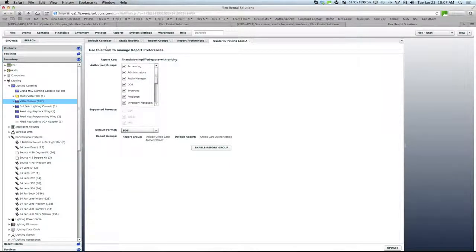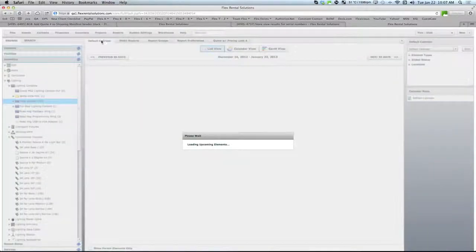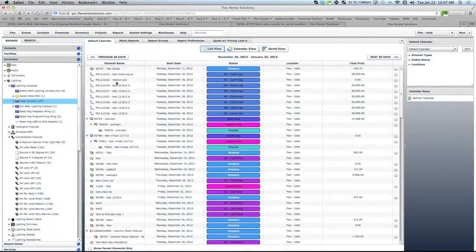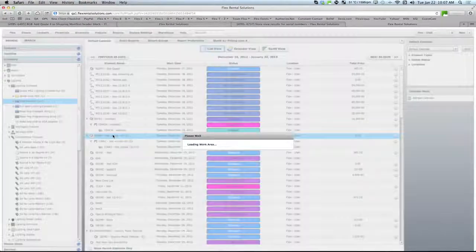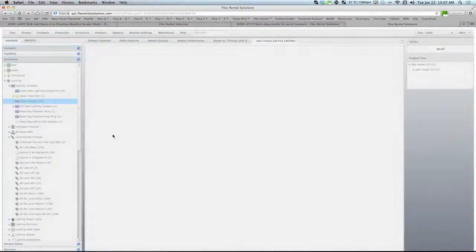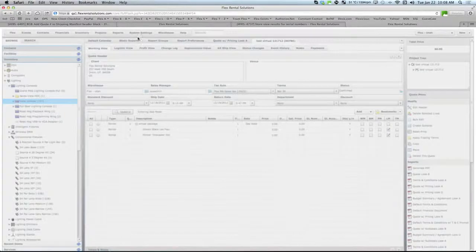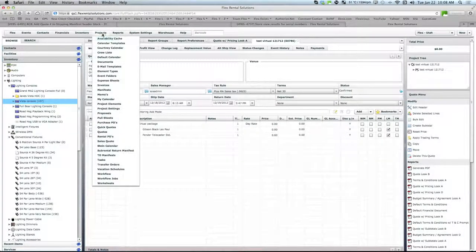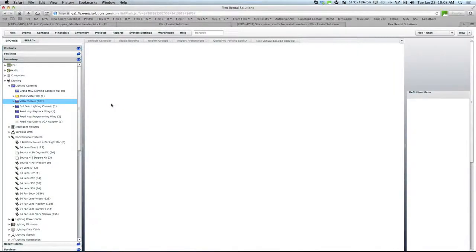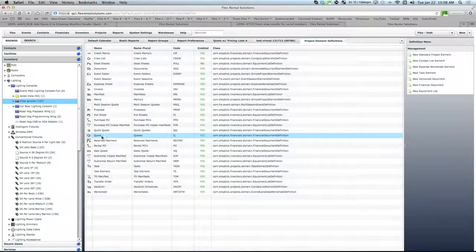So let's open up a quote here. And we have enabled Quote with Pricing Look A for the quote element. And let's review before we go any further how we did that. We went to Projects, Project Elements, Quotes,